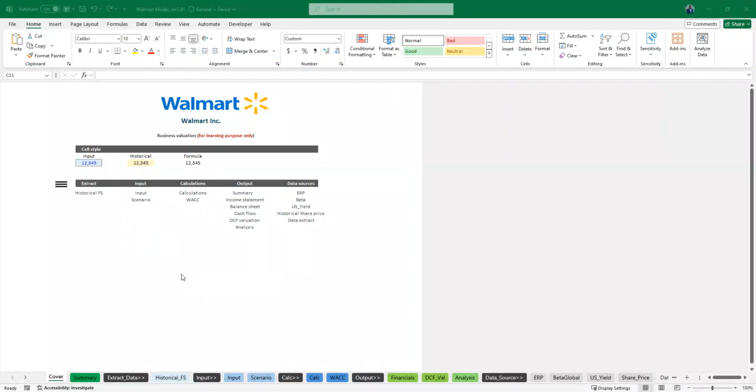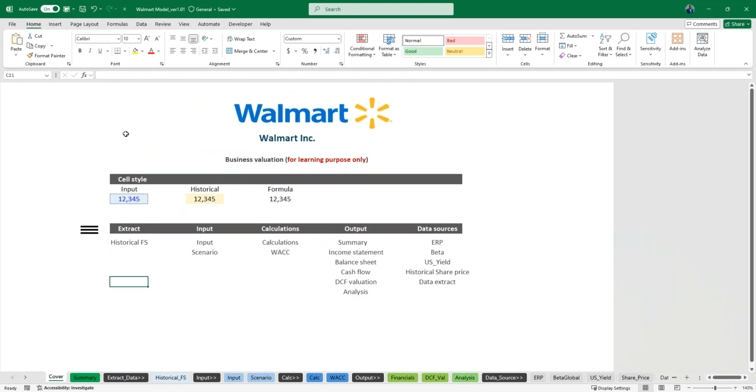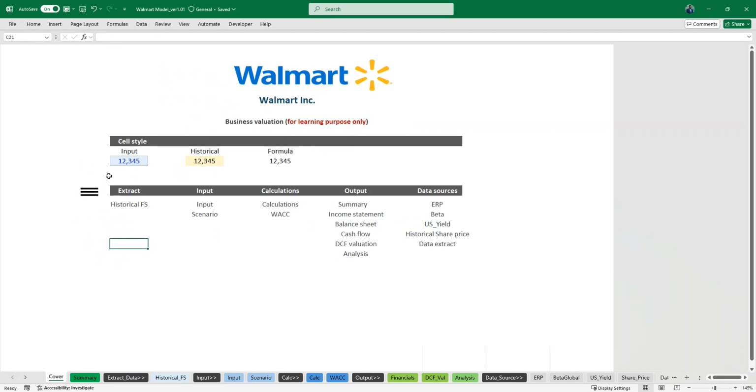So once again, this is only for learning purposes. Let me take you through the model. This is the cover page, and here you can see what we call the model cell style guide. It explains that any cell you see in a particular format is an input cell. The second one, colored in this format, is historical, and every other thing is more of a formula. And here we have the content of the model,